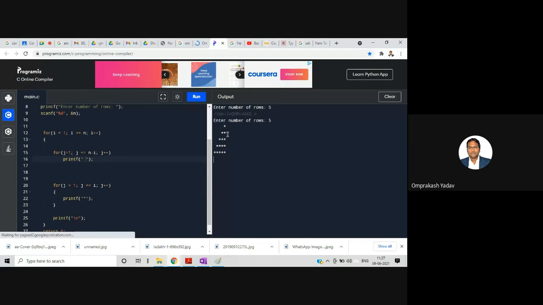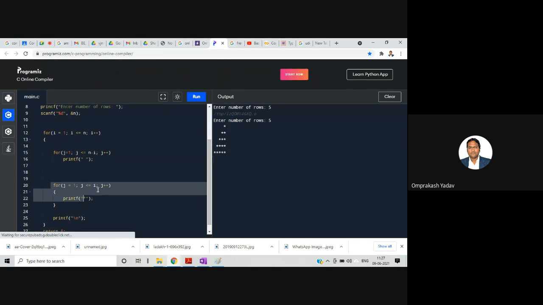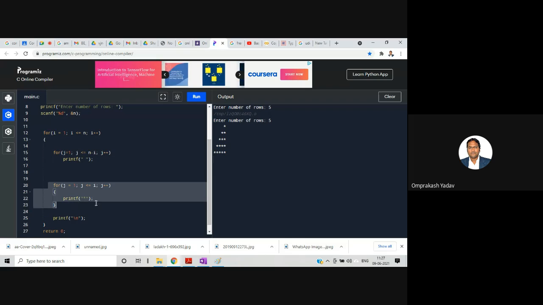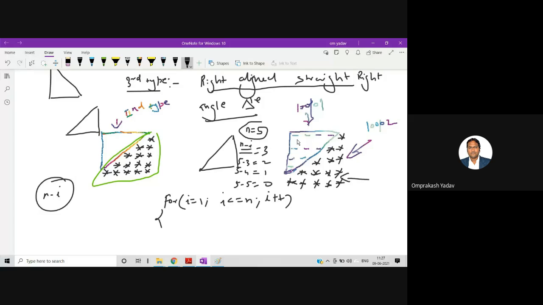If you see, it's right aligned. Okay. So what is the idea? The idea was that initially we print the blank spaces, and then with the second loop the stars will come, right? The second loop is exactly similar to our first pattern. Only one thing I wrote extra, that is the first loop. By the first loop I am printing the spaces before the stars in that particular row. So I calculated that in the first row four spaces, in the second row three spaces, in the third row two spaces, in the last row one space is there, right? So in this way I calculated and I wrote that particular loop.